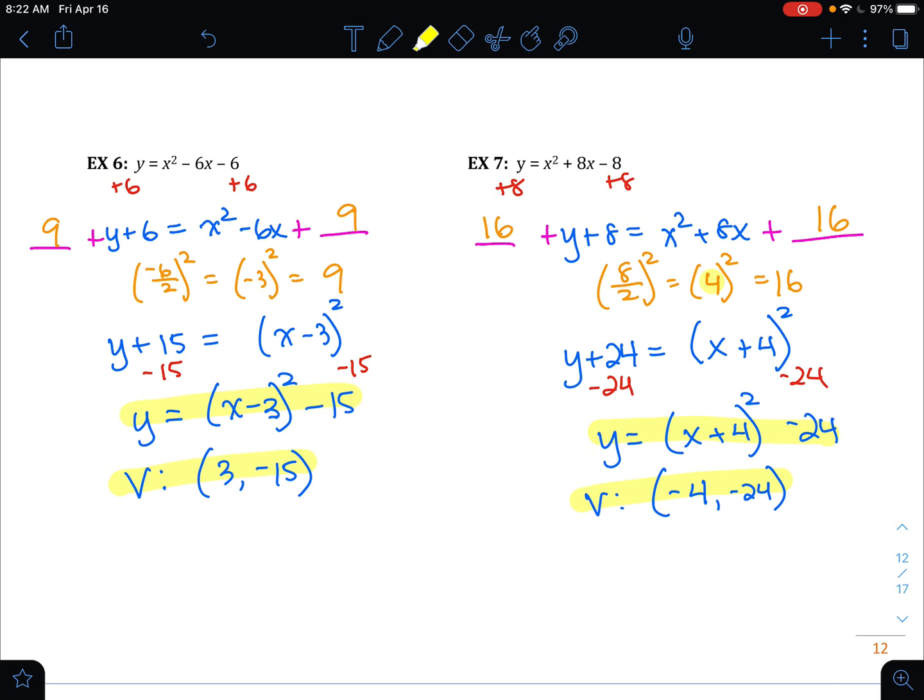Okay, so that is the process of completing the square. If you have questions